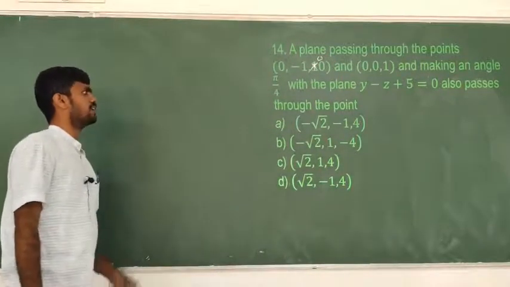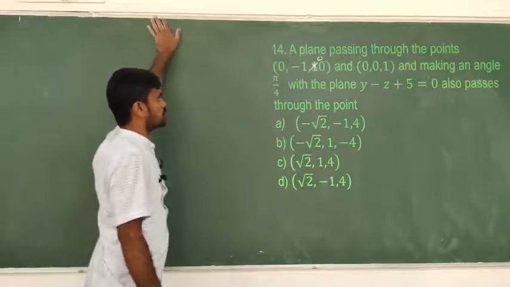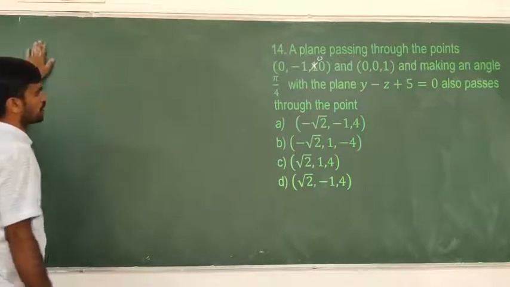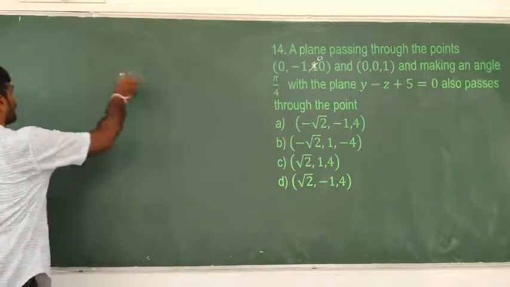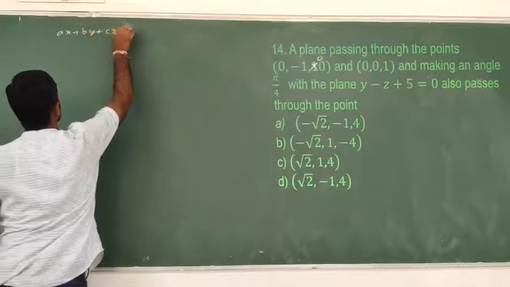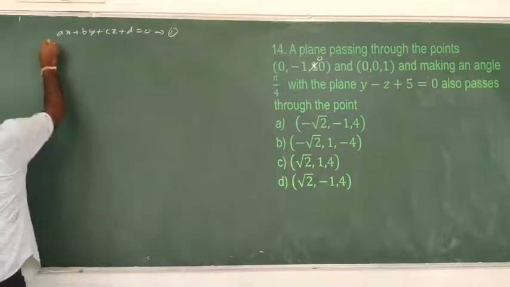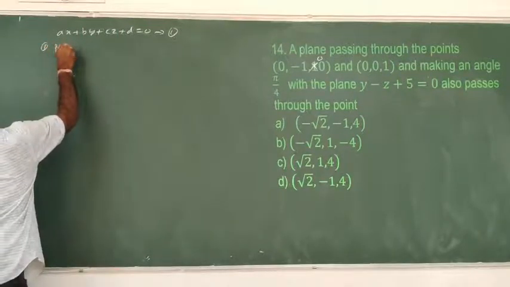and making an angle pi by 4 with plane x minus y minus z plus 5 is equal to 0, also passes through the point. So here if ax plus by plus cz plus d is equal to 0 is the required equation of the plane, then given that equation 1 passes through